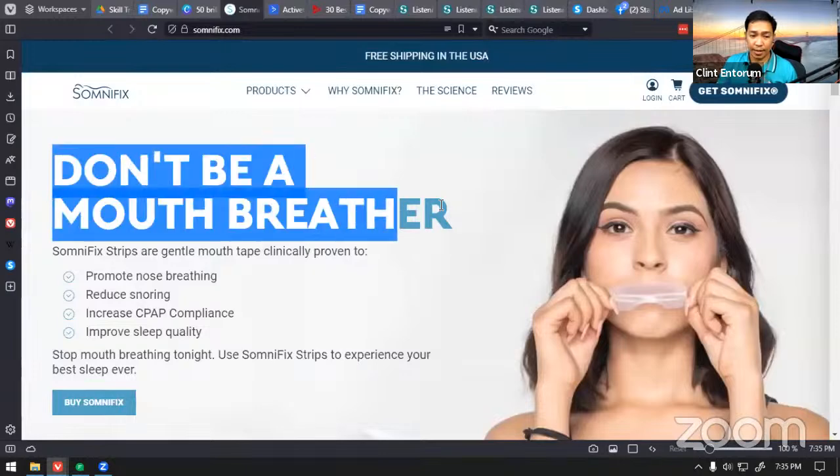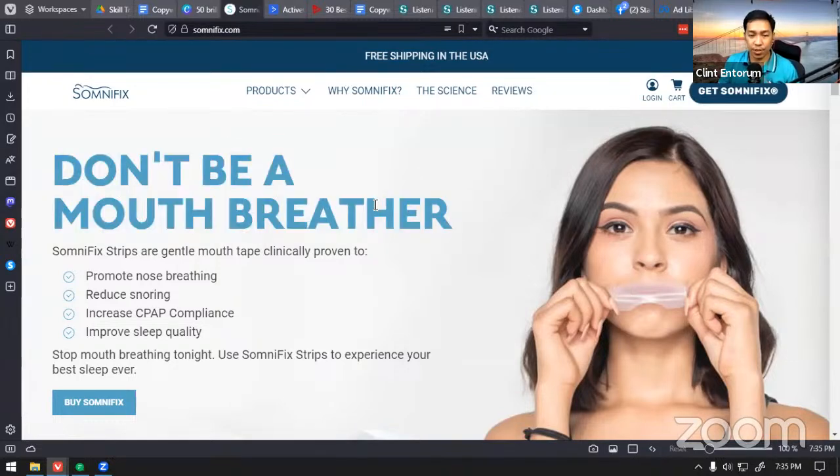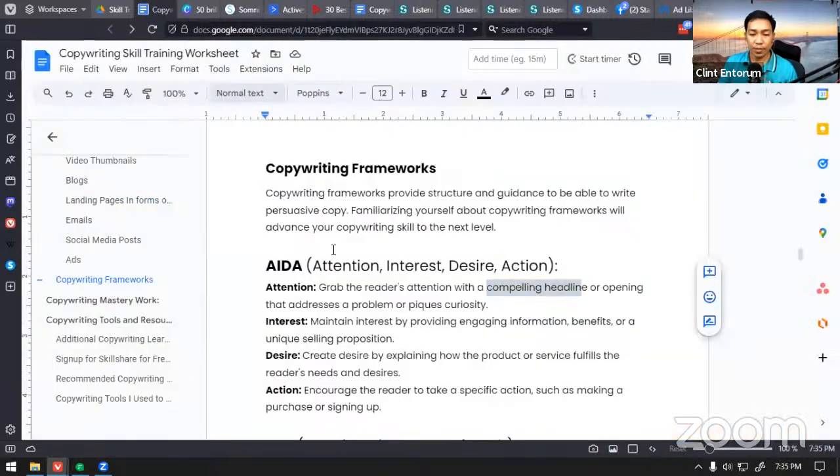The headline is to grab the eye of the reader, to give them some curiosity so that they will read the next line of the copy, to let them know what it's all about, and then build interest. Once you capture their attention, you build interest, and that's the purpose of the next line of the copy.